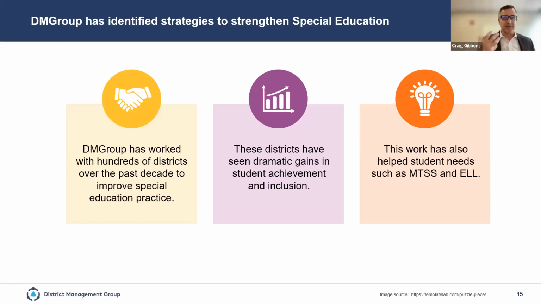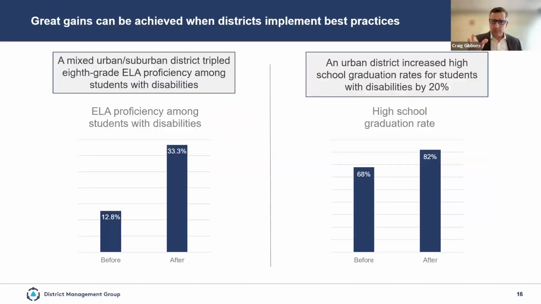And it's covered a wide range of supports and services in and around special education. So, as we look at MTSS and ELL, so populations that need additional supports in one particular area or another, the work that we've done has had an organic impact on other groups of students throughout the school and their needs. So a couple of cases here, the first being an urban suburban district. It was focused on 8th grade, the work we were doing, and really trying to raise the ELA proficiency. So you can see just working with that district, figuring out what the impediments were for kids to succeed, thinking about a more systemic, holistic approach to serving students with particular needs, increased their proficiency a little over 20%.